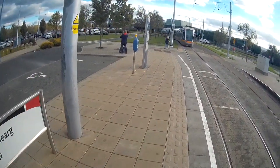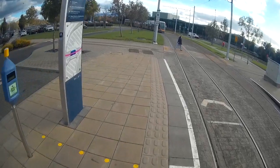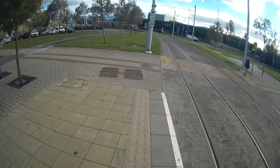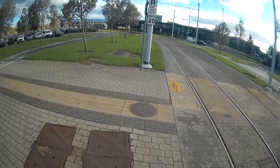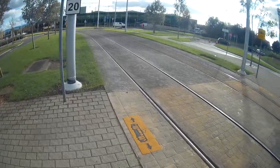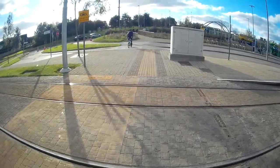So at the Red Cow westbound platform, lozenge tactile under my foot, sweeping the cane from left to right, feeling the slope, and I'm going to cross over now to the bus stops. So the corduroy seems to be a little bit further away than normal, so I'm going to cross over the track,